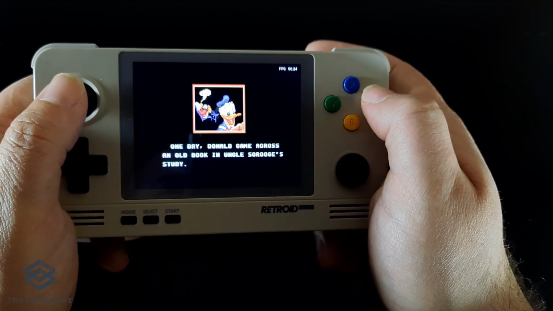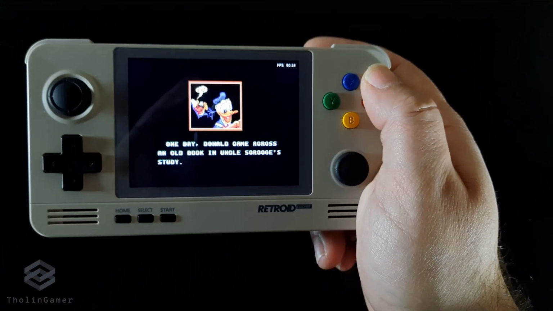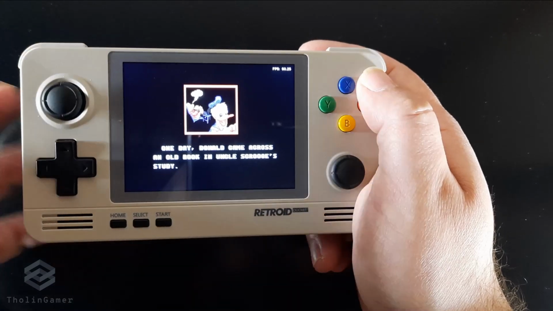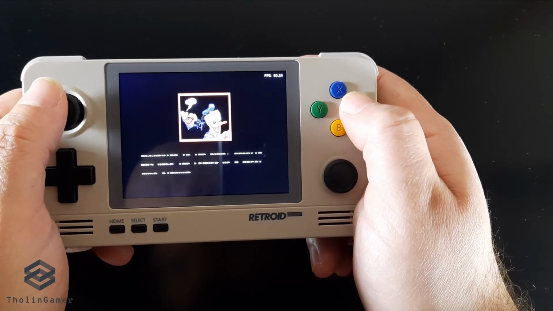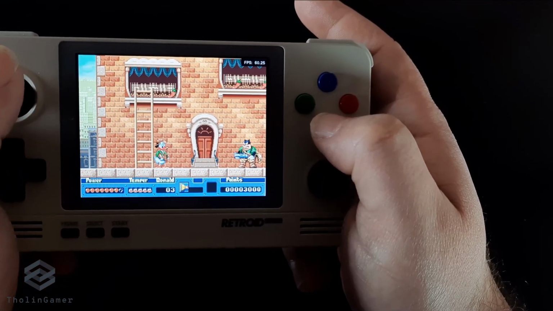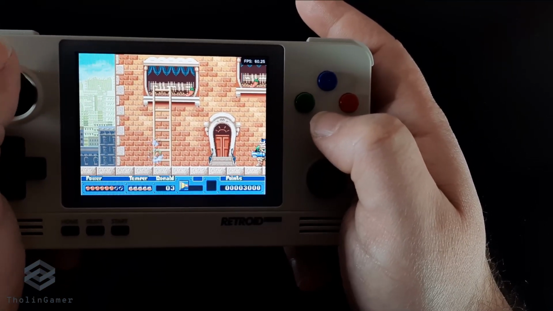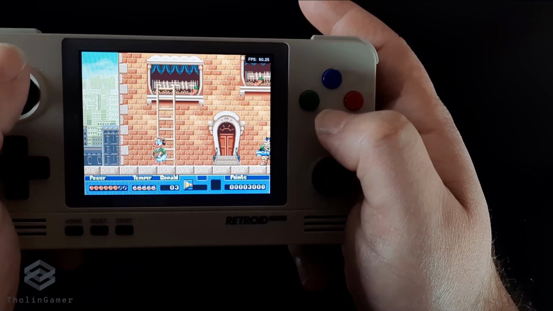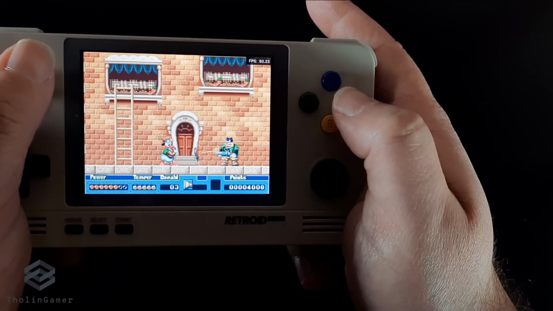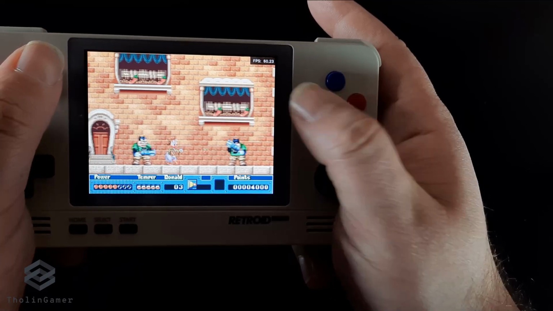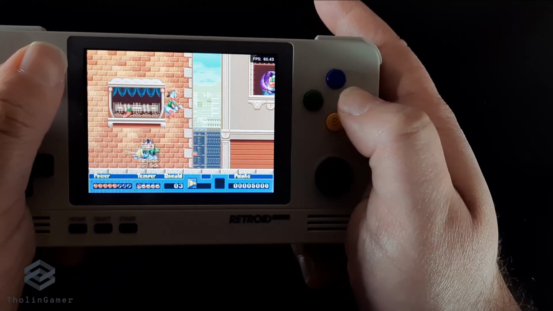As you can see here, the game starts with a nicely drawn introduction with a bit of text that explains the story and the setting so far. Now, when the actual game begins, you control Donald Duck, who is moving around using a plunger shooter, and this gun is shooting plungers that temporarily stun the enemies.